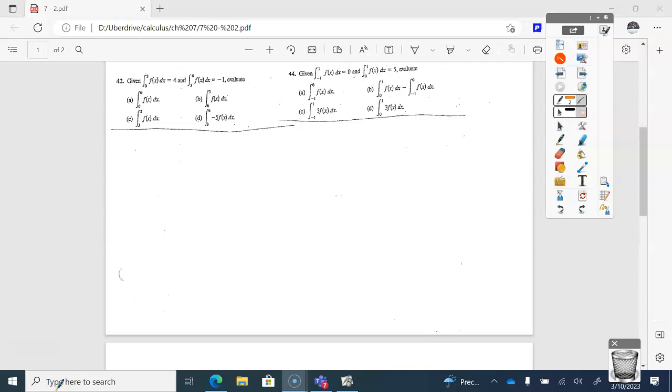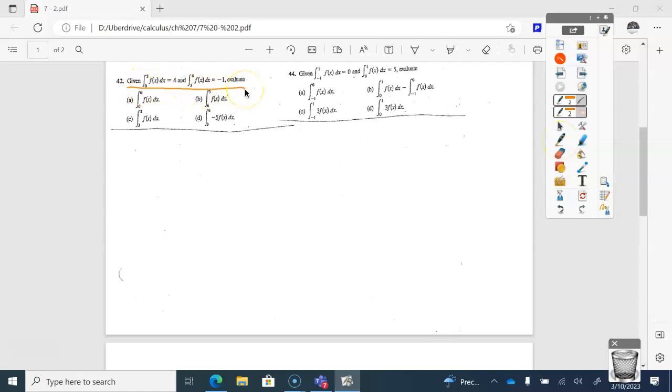Try 42, letter A. Try 42 A. Here we go. 42, letter A. All right, so here we go. As we go to do this, I'm going to note that this stuff up here